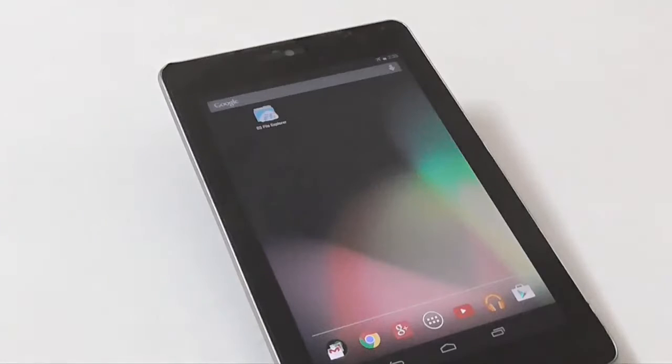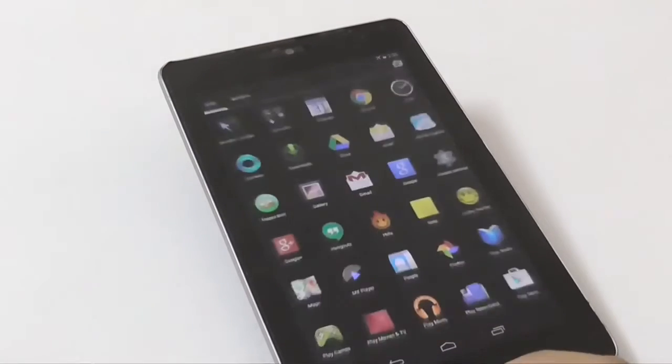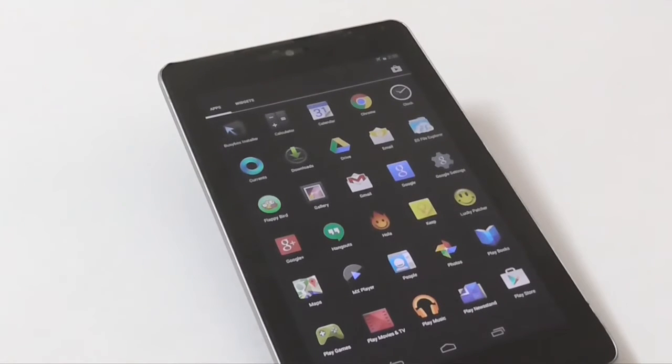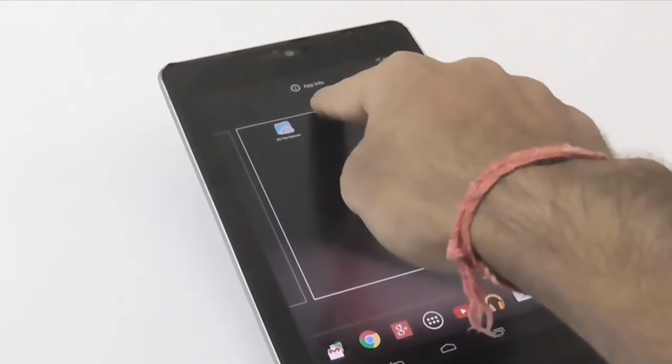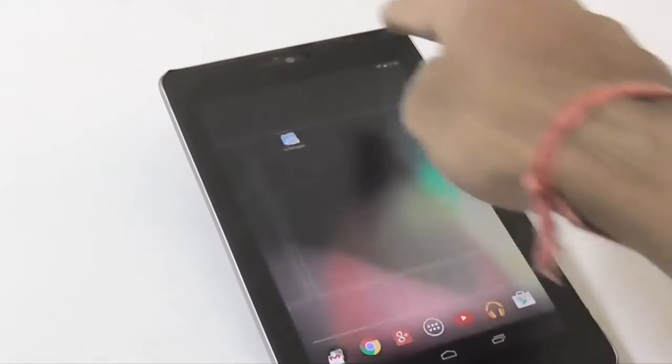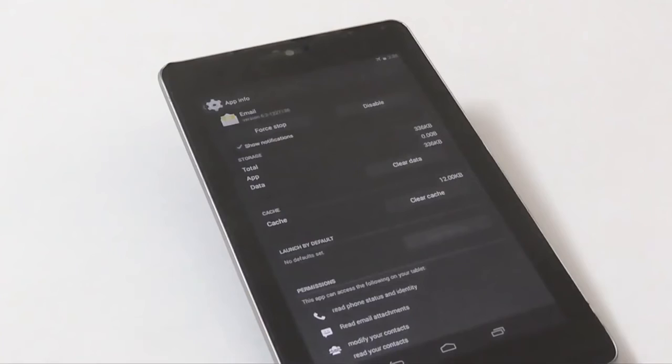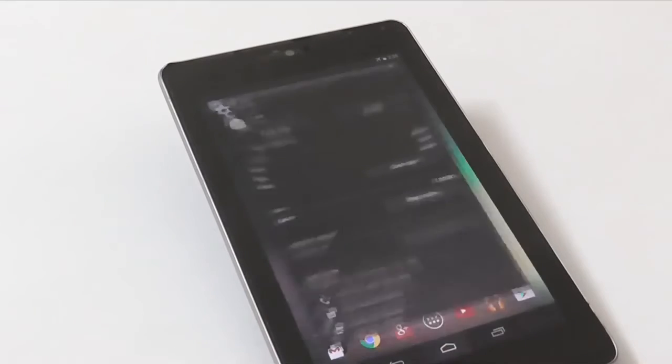Next awesome feature of ES File Explorer is removing pre-installed apps. There are many apps that come pre-installed with stock Android, but you will agree that some of them are pretty useless. However, since these are system apps, there is no way to uninstall them. You can only uninstall their updates, but you cannot completely remove them from your device, which means that they will always sit there and consume your storage. But like always, ES File Manager has our back this time as well.